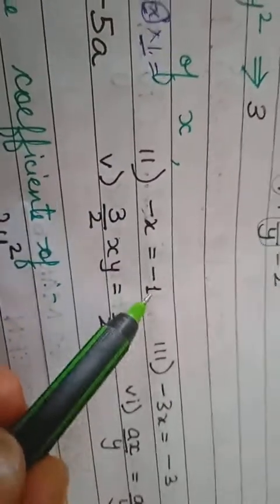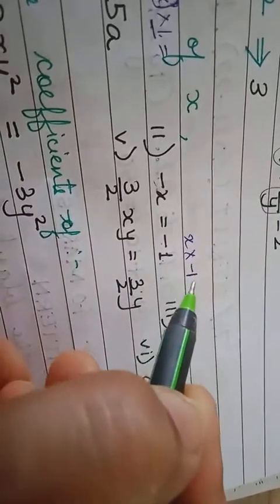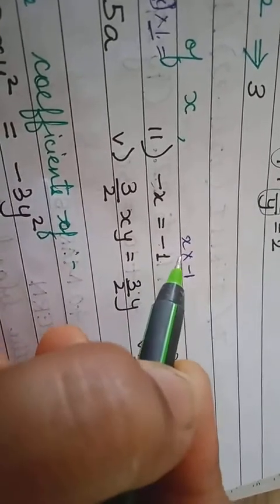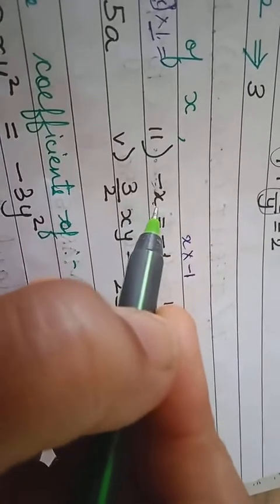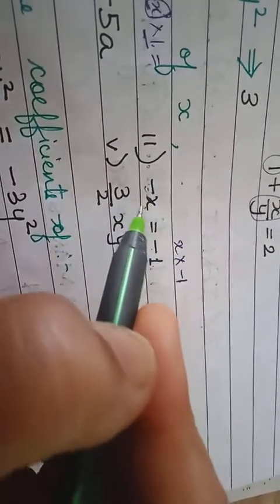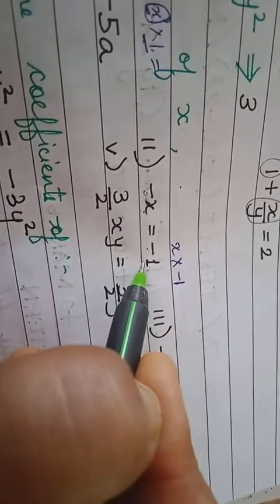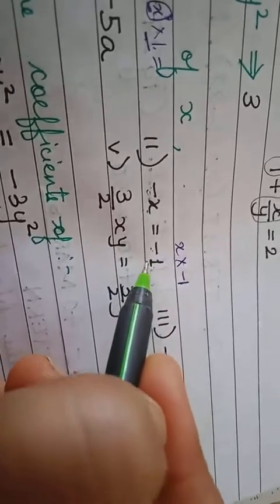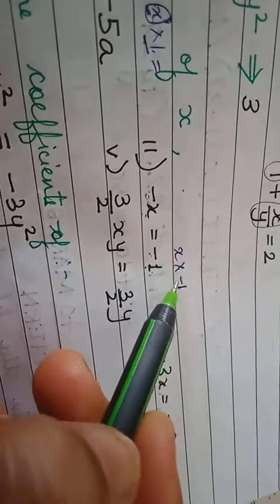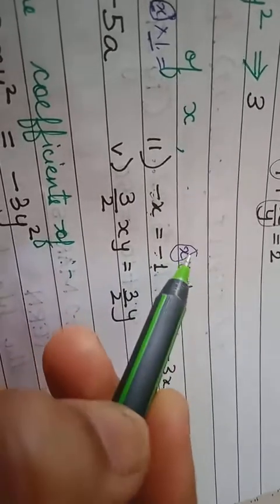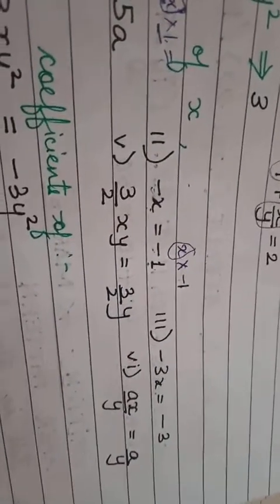Minus x is equal to minus 1 times x. So, x multiplied by minus 1. So, what is the coefficient of x in minus x? It is minus 1. Minus sign always goes with the constant. Always remember this. The minus sign is always associated with the constant. So, x multiplied by minus 1. So, who is with x? Minus 1. So, that's the reason why the coefficient is minus 1.